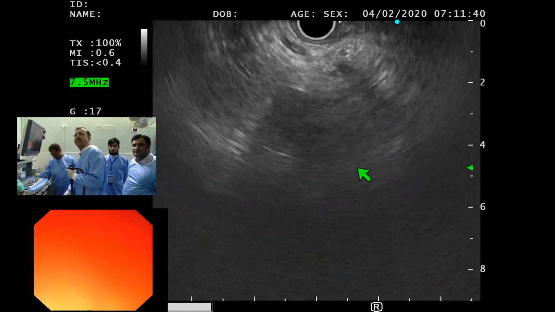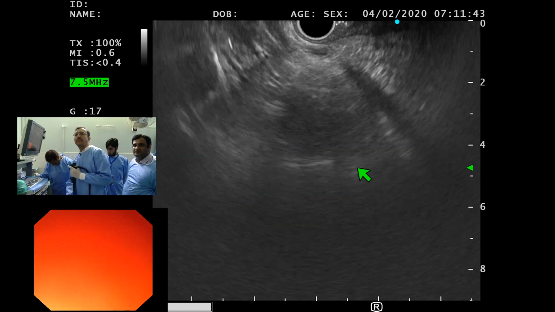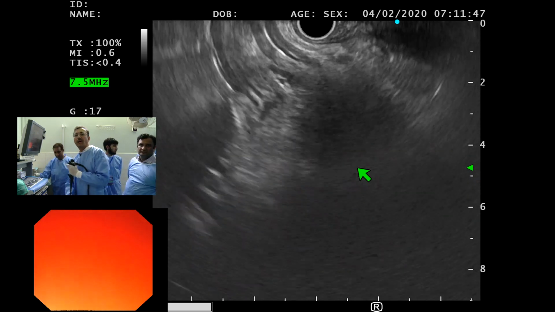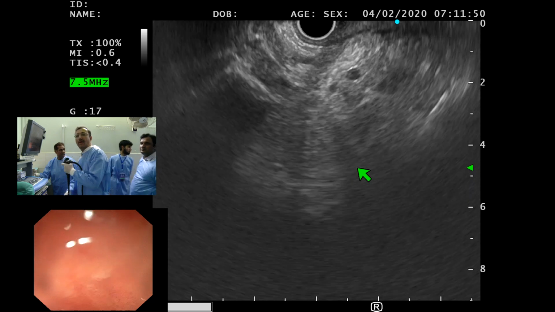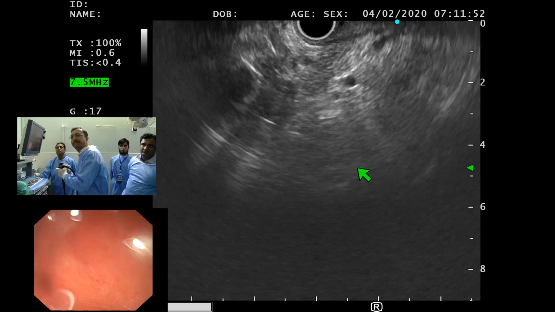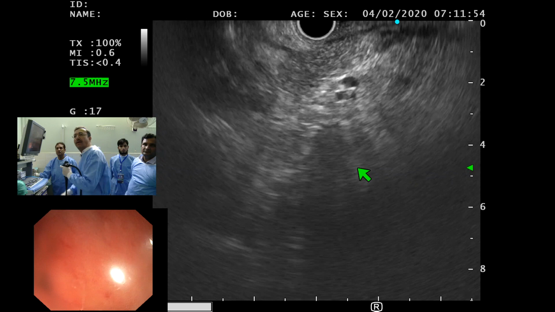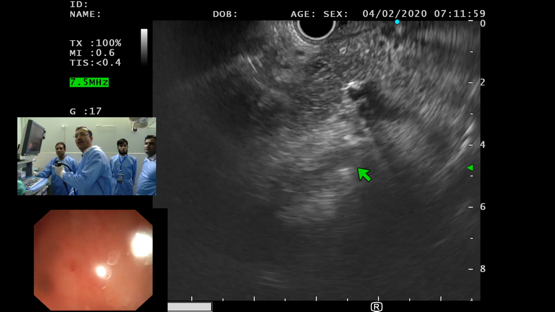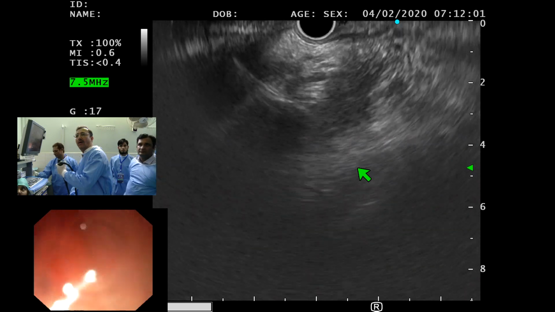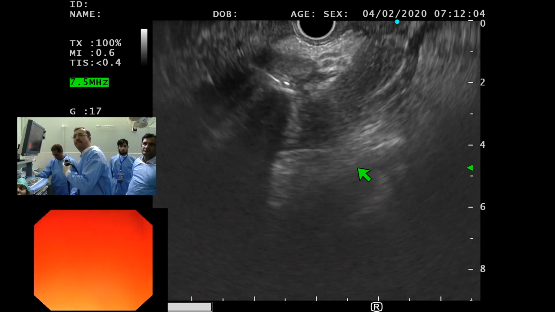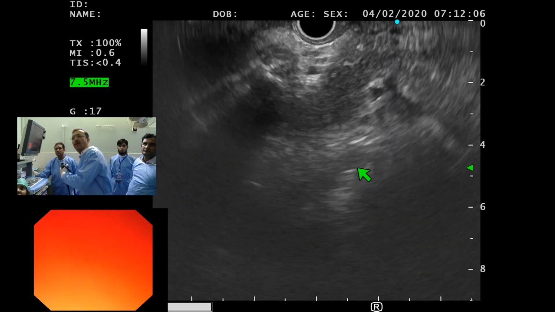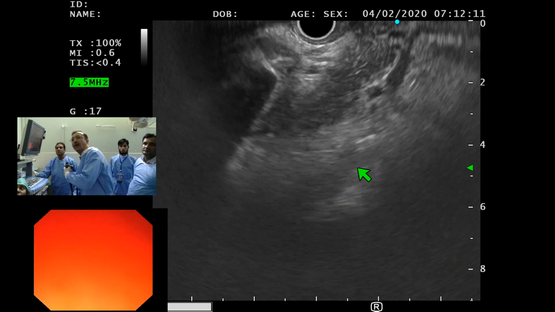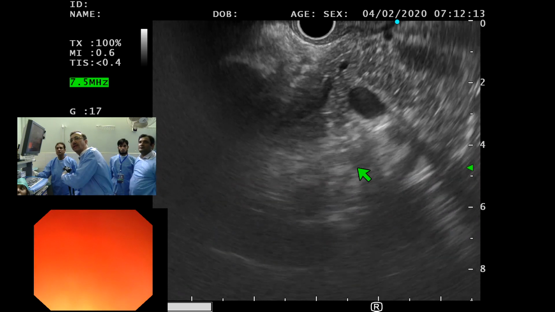Yeah, there may be something. Except that lymph node that we had seen, I don't find any other abnormality.